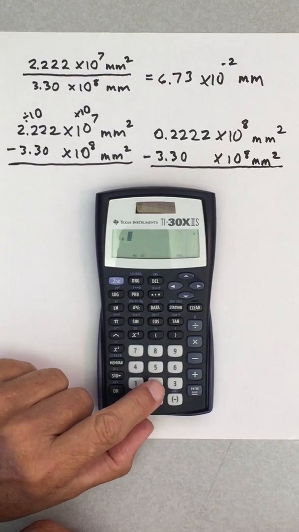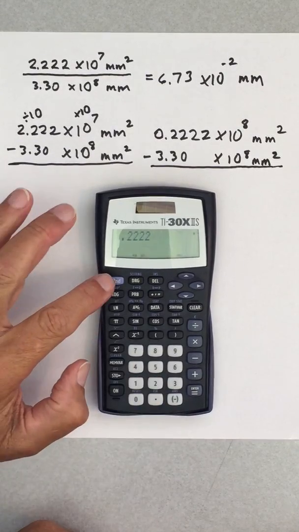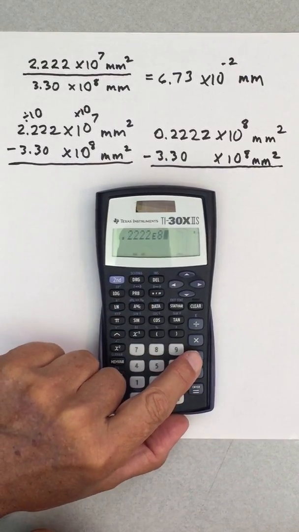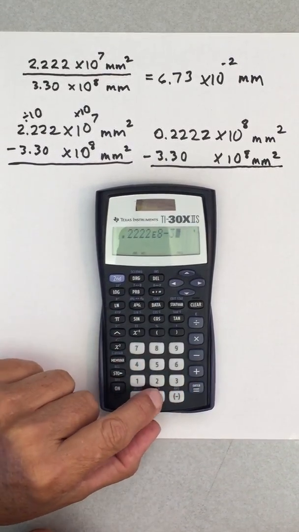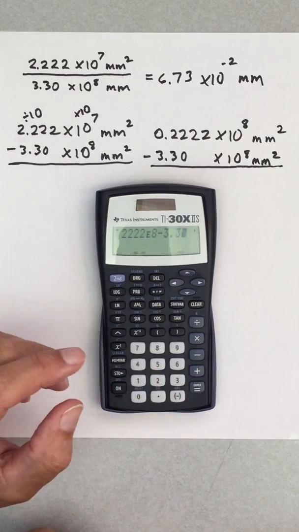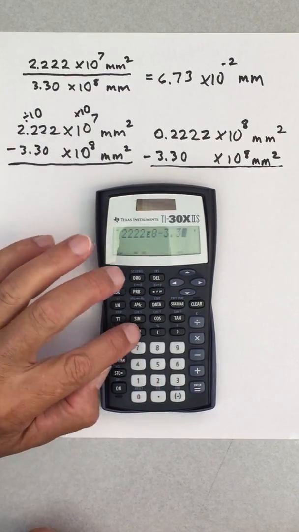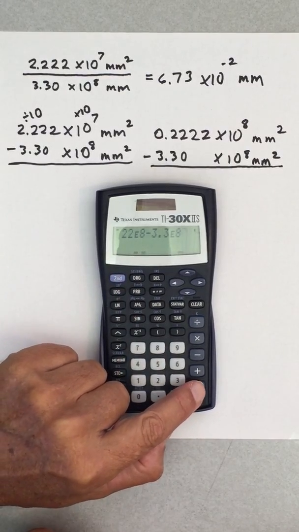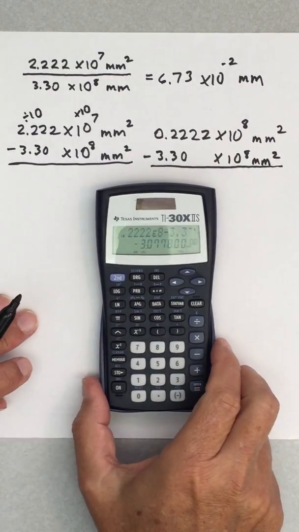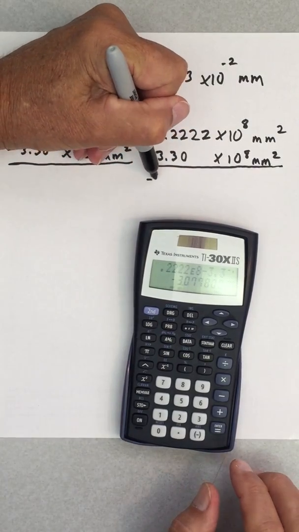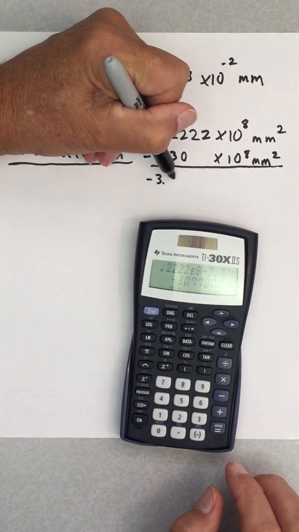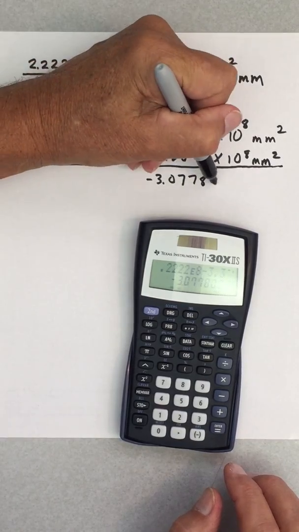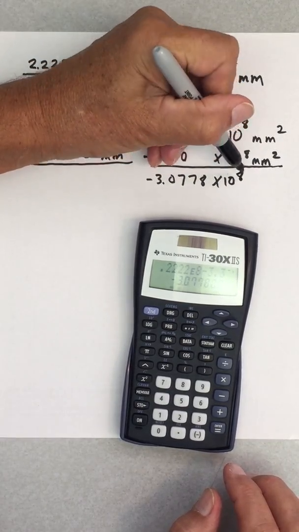So I have 0.2222 exponential to the 8th minus 3.3, and I don't need to put that 0 there mathematically, exponential to the 8th, then enter. So I get negative 3.0778 times 10 to the 8th